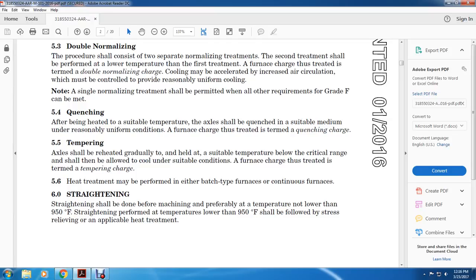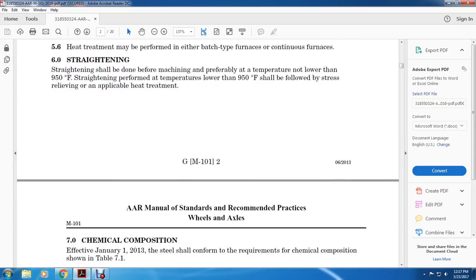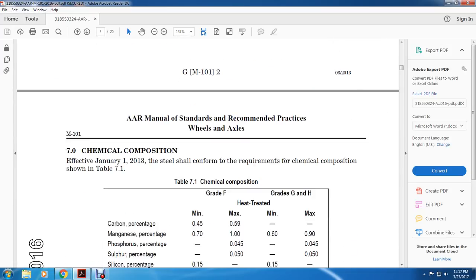5.6. Heat treatment may be performed in either batch-type furnaces or continuous furnaces. 6. Straightening. Straightening shall be done after machining, preferably at a temperature lower than 950 degrees Fahrenheit. Straightening performed at a temperature lower than 950 degrees Fahrenheit shall be followed by reheating to the applicable heat treatment. 7. Chemical composition. Effective January 1st, 2003, the steel conforming with the requirements for chemical composition shown in Table